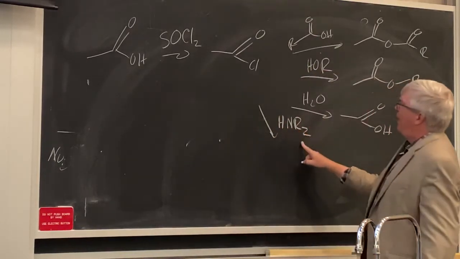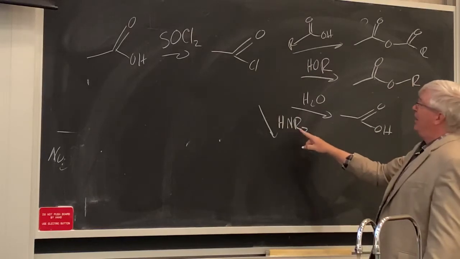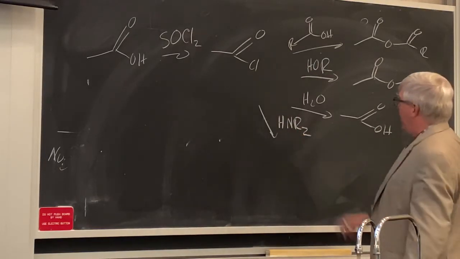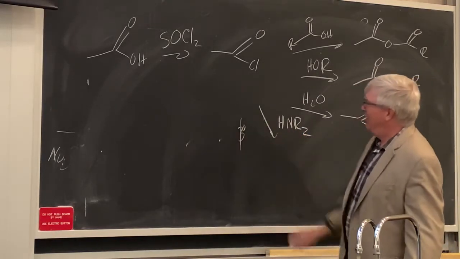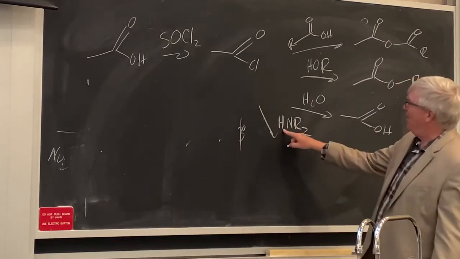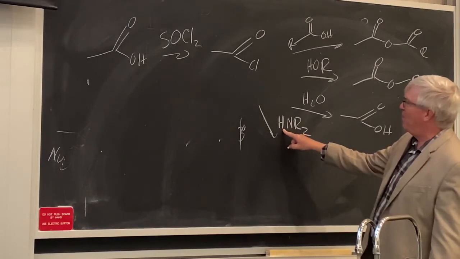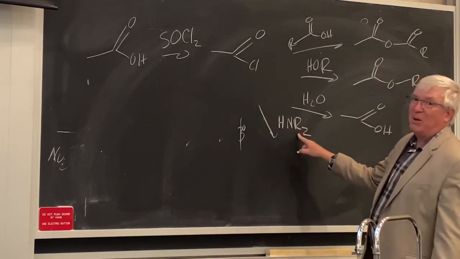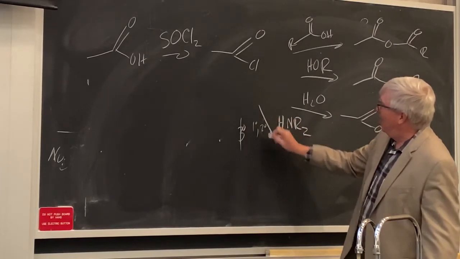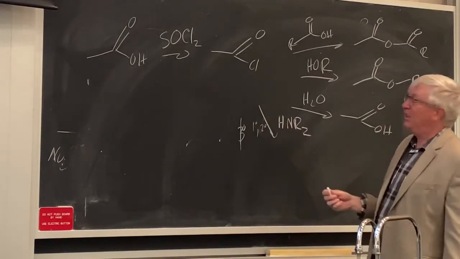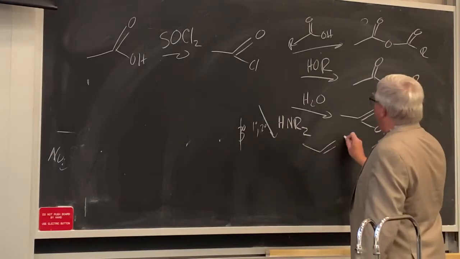And it can be a different amide. It doesn't have to be a secondary amine. It can be a primary amine, but it can't be tertiary. And you'll see from the mechanism, you've got to have this hydrogen that can come off as part of the mechanism. And it can't be a quaternary ammonium salt. So it has to be primary or secondary or just ammonia, just NH3, right? And so there you'll get the amide,